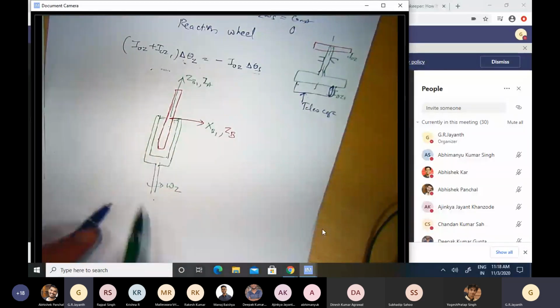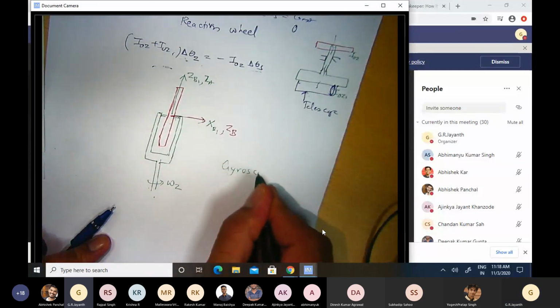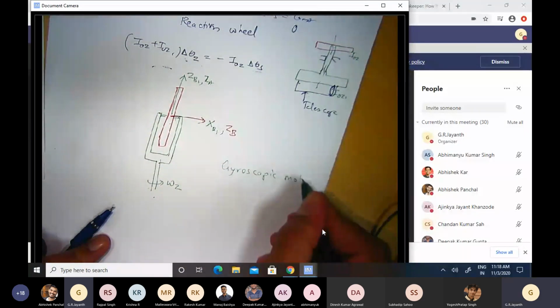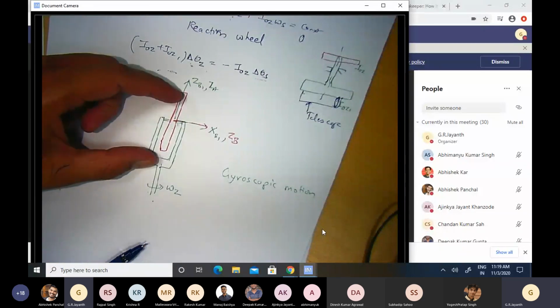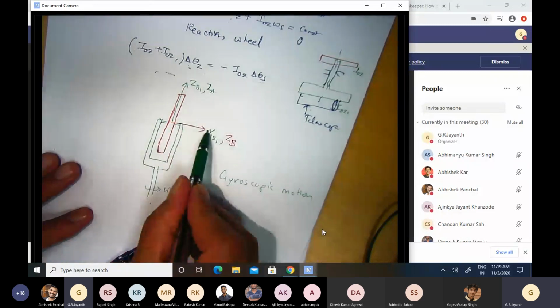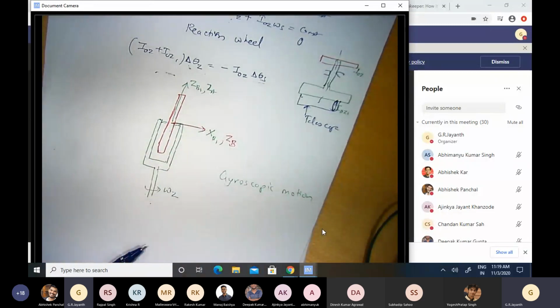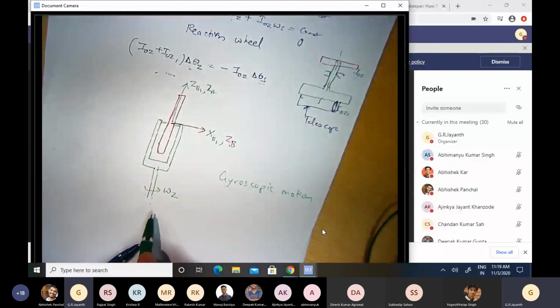Okay, so this kind of motion, by the way, of a disk spinning about one axis and that axis itself rotating about a second axis, this kind of motion is called gyroscopic motion. So gyroscopic motion, by definition, has two rotation rates associated with it. The first is a symmetric wheel such as this one, spinning about its axis at a very high speed, and its angular momentum associated with spin is aligned along the ZB axis. And that wheel itself is rotated about a second axis. In this case, that axis is perpendicular to this wheel, and therefore this combination of these two rotations makes this kind of motion gyroscopic motion.